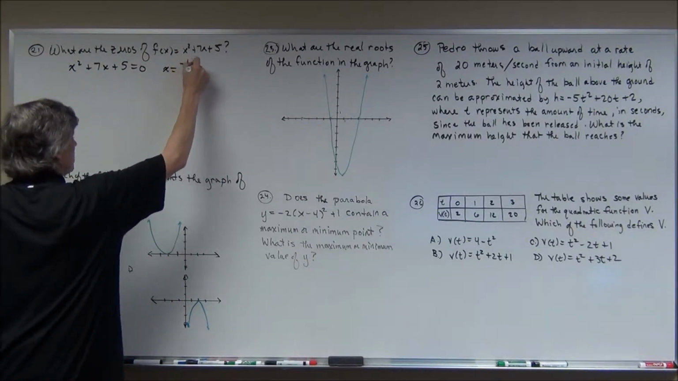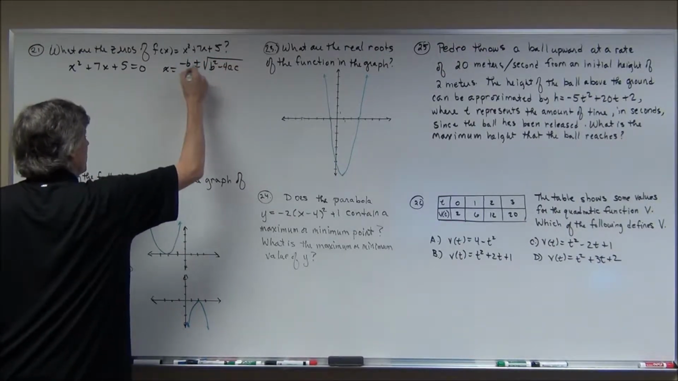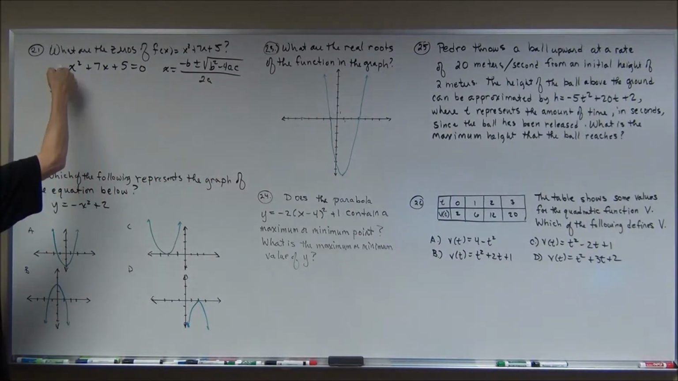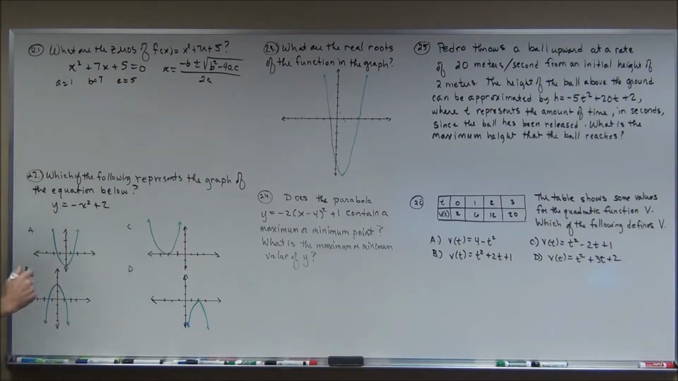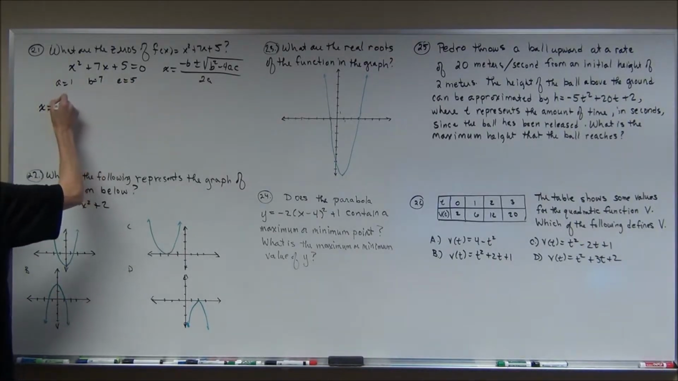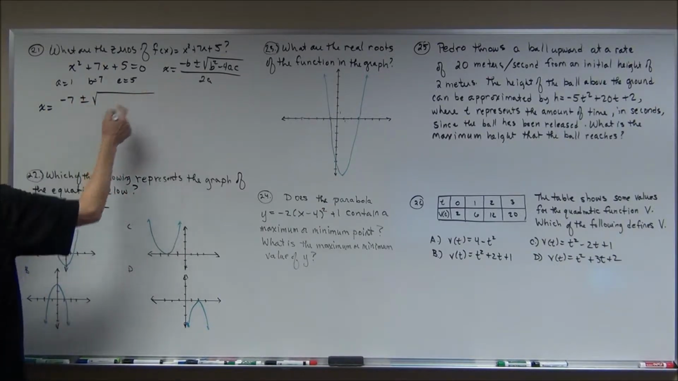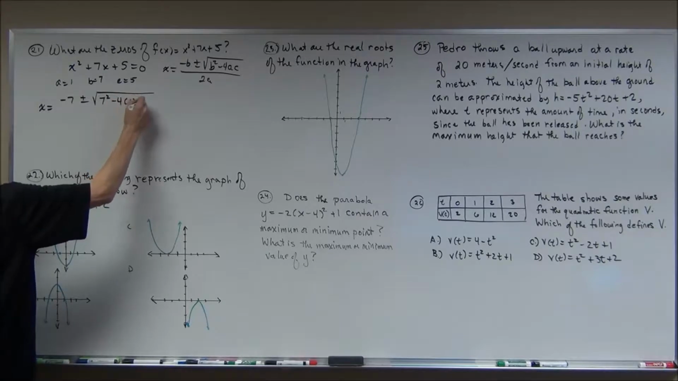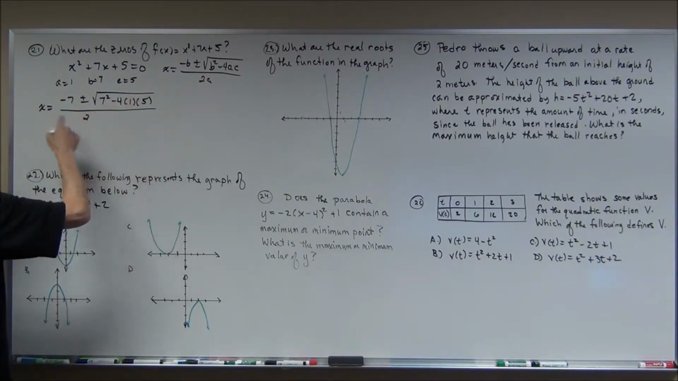x is equal to the opposite of b plus or minus the square root of b squared minus 4ac, and that's all over 2a. So I'm going to identify a as 1, b is 7, c is 5, and I'm going to substitute these in. I'm going to get x is equal to the opposite of b, so that would be a negative 7, plus or minus the square root of b squared minus 4ac, which would be 7 squared minus 4 times 1 times 5. It's nice that those are all positive numbers, so you don't have to worry so much about the signs,